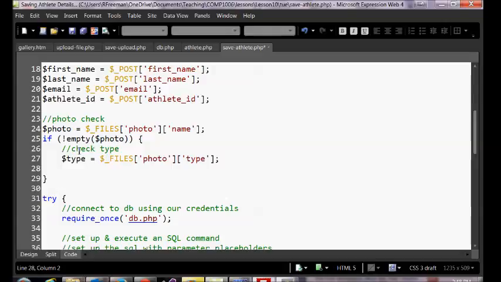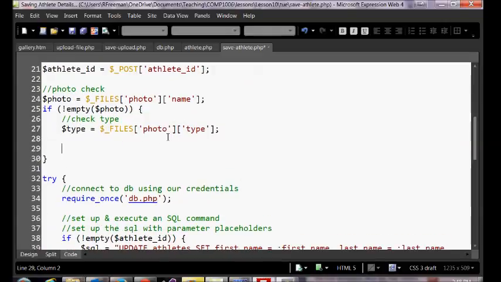Are you allowing SVG and GIF and all those? I think for now we'll just allow JPEG and PNG. So we want to check, so if the type is not an image JPEG and type is not an image PNG,